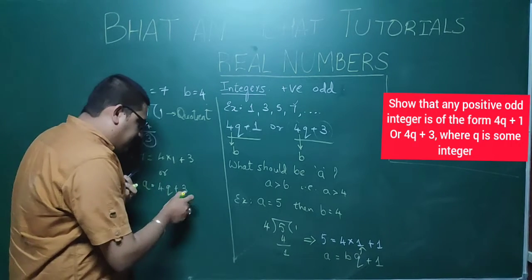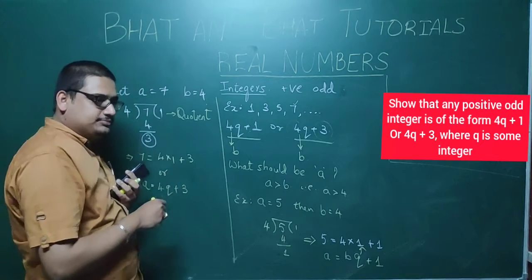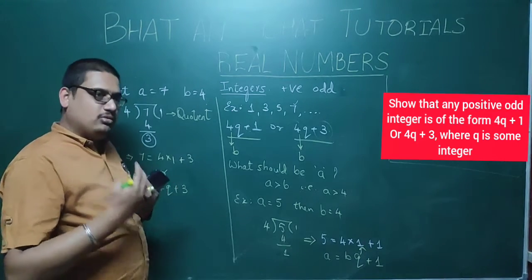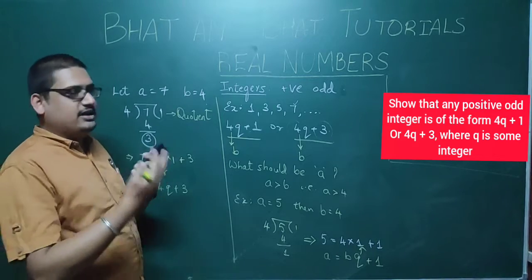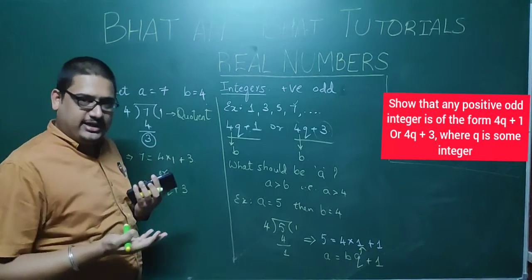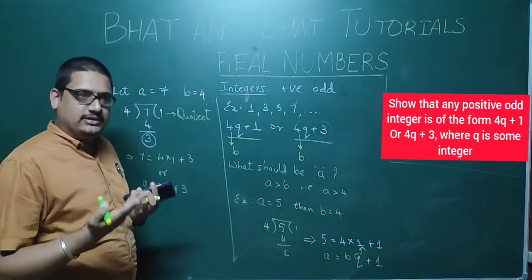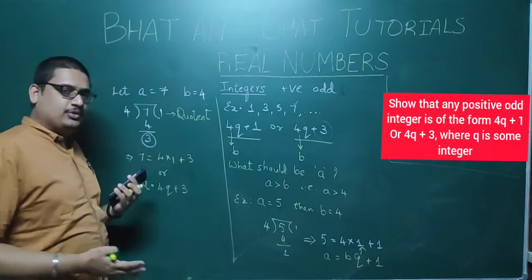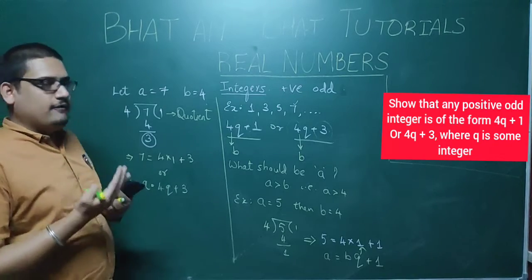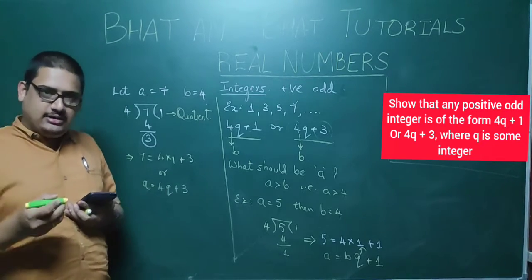So do you think there will be any other remainder? We have to prove it. So how can you continuously do this process taking integers? Next, what will be the next number? 9, next 11, 13. Can you go till infinity like this, proving? So for that purpose, we use a mathematical expression to prove this.